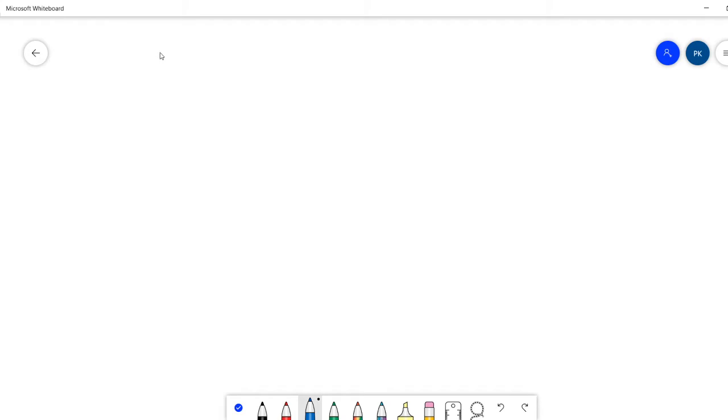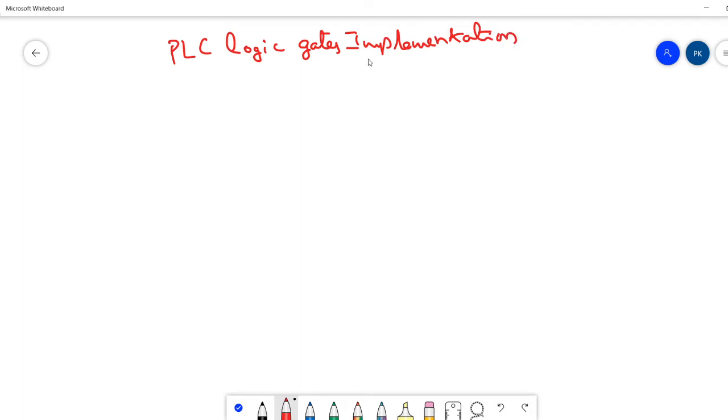Our experiment name is PLC logic gates implementation.